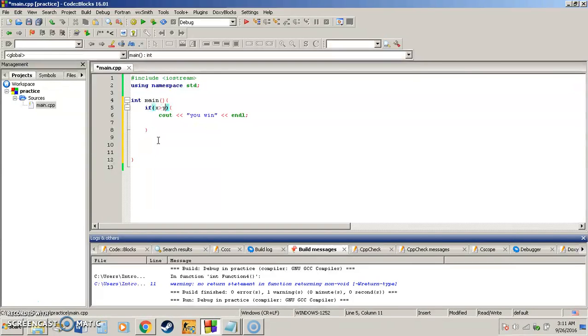So what we can do is say if x is greater than y, and let's create some variables first. So we're just going to say integer x is equal to 10, integer y is equal to 12, integer z is equal to 20, and we're just going to say if x is less than or equal to 10, or x, which is 10, is less than or equal to 12, which is y,